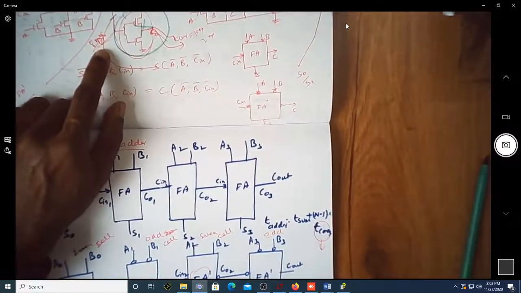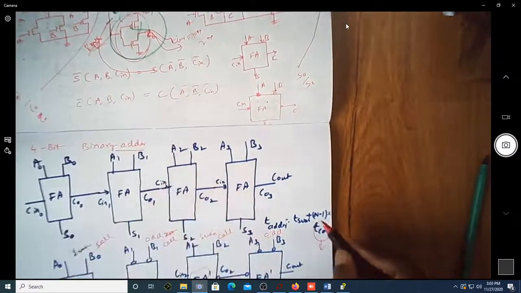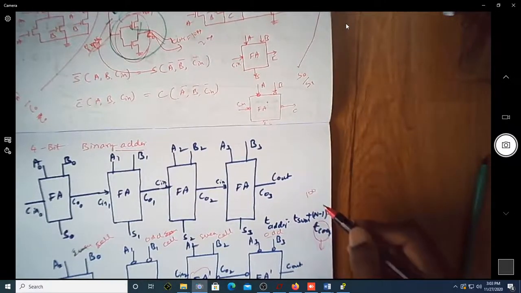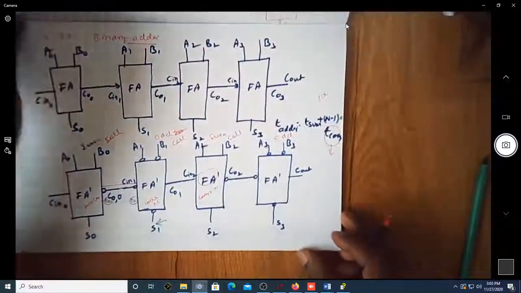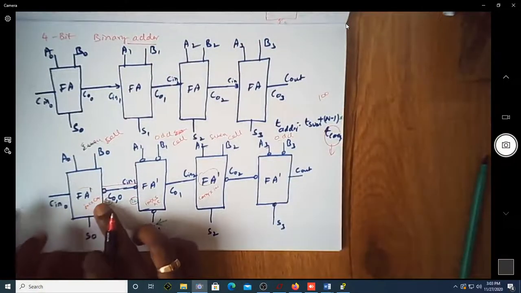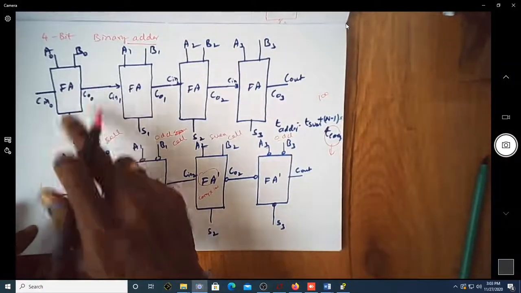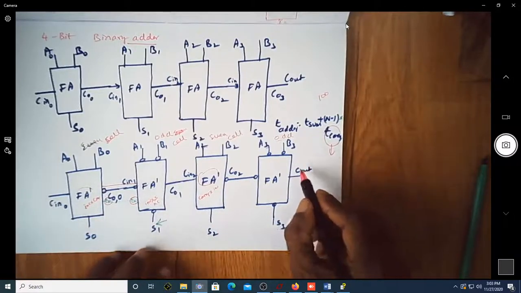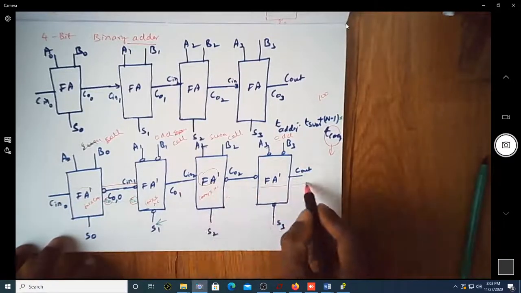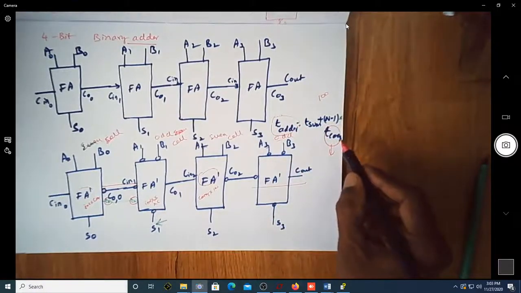If you are saving 2 nanosecond for 1 T carry, assume that n is equal to 100. Are you not saving huge time? So with this slight modification of representation, if you use FA dash instead of FA, you are able to save the time required to get the full adder output, because you are effectively reducing the T carry.